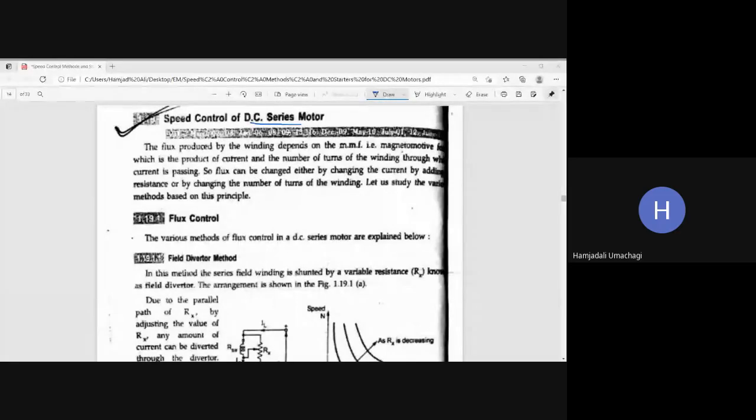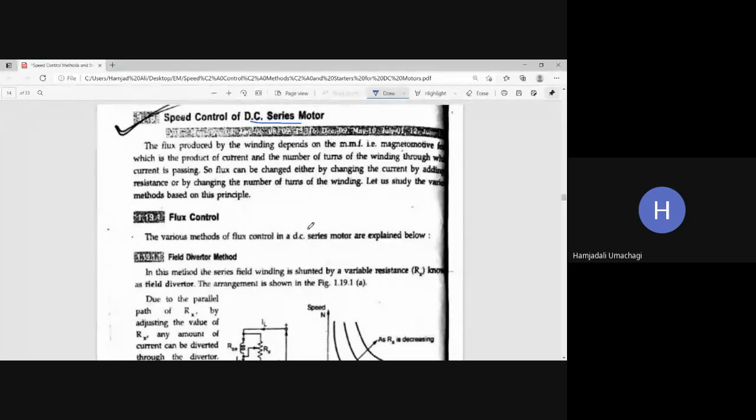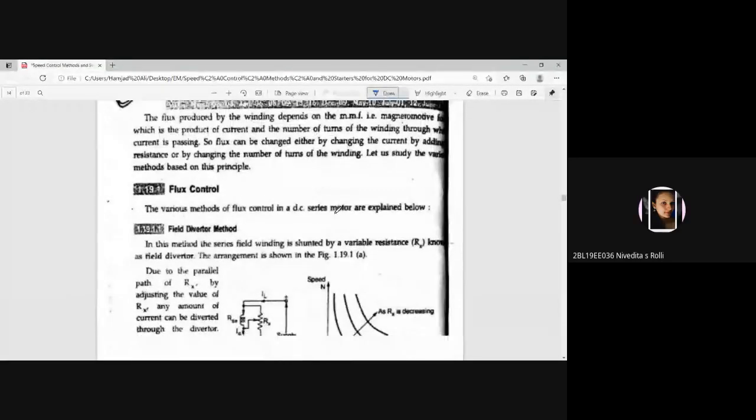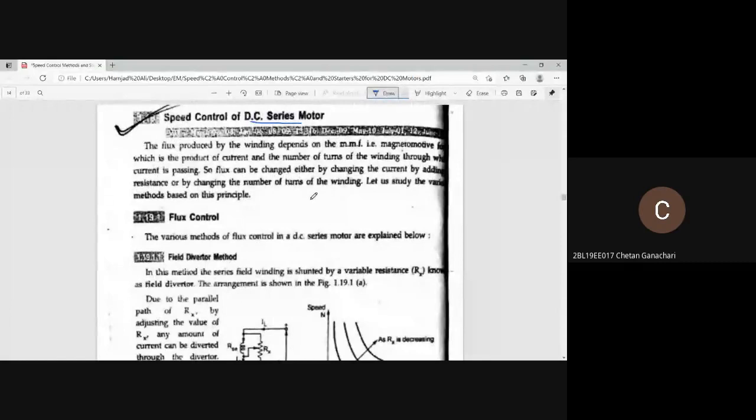What is IL equal to ISC equal to IA? How are they related? In the case of a series motor, yes, all are equal. This means load current is equal to series field current ISC. This ISC gives us the important working flux for the machine or the motor, and this is also equal to the armature current, because they are all in the same